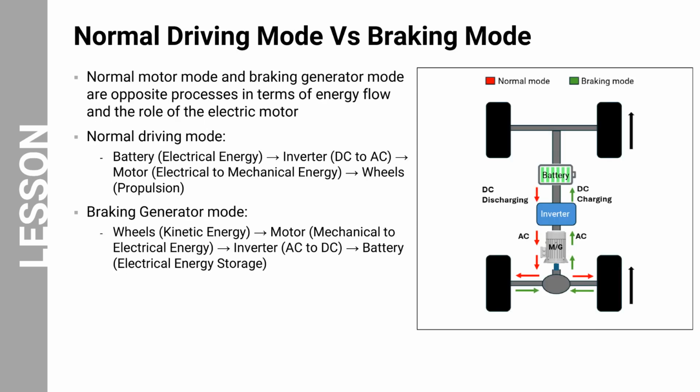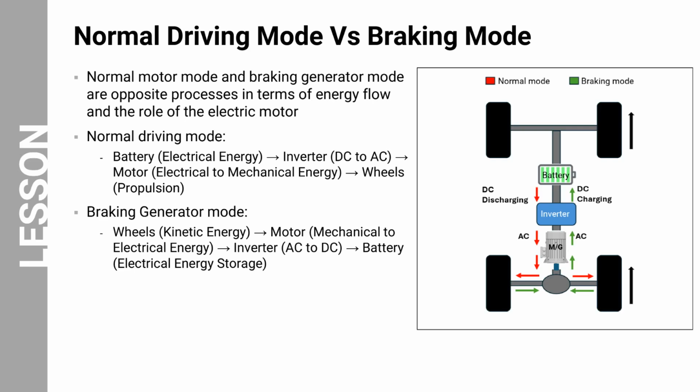This illustration aims to demonstrate the opposite processes of energy flow and the role of the electric motor in normal motor mode and braking generator mode. During normal driving, the energy flow starts from the battery, which stores electrical energy. The inverter then converts the DC power from the battery into AC power, which is fed to the electric motor. The motor, in turn, converts the electrical energy into mechanical energy, which is used to propel the wheels and drive